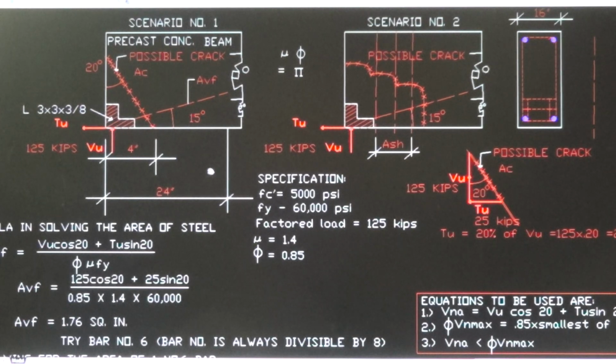The specification for the beam is for the concrete strength of 5,000 psi, and for the yielding stress of steel is 60,000 psi. The 125 kips is a factored load according to the ACI code, and